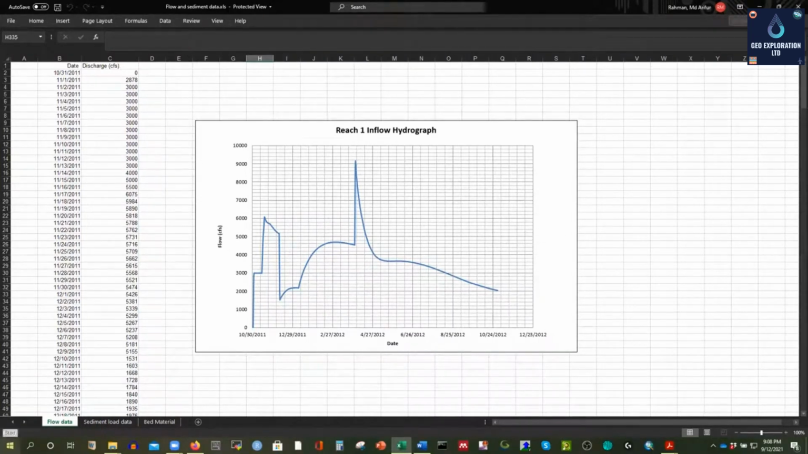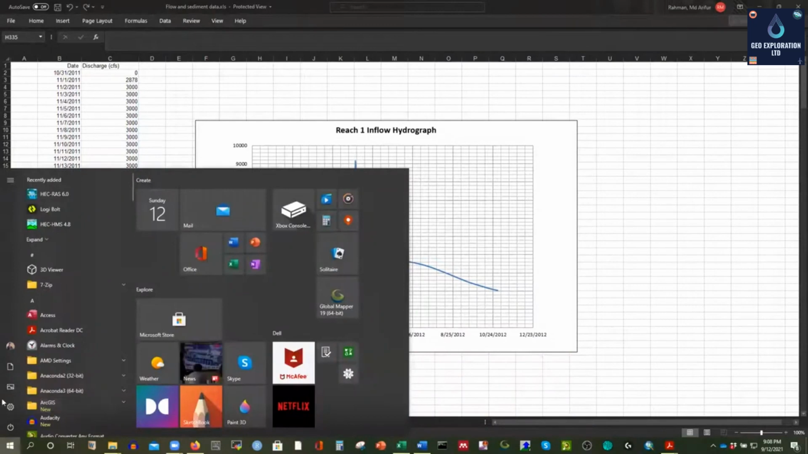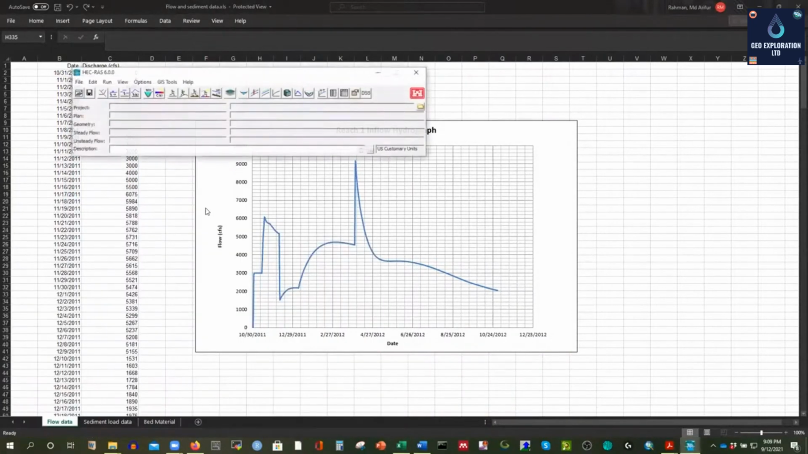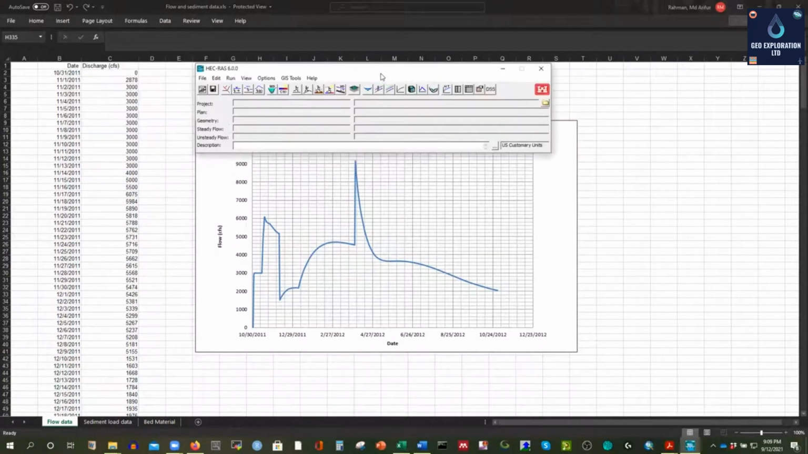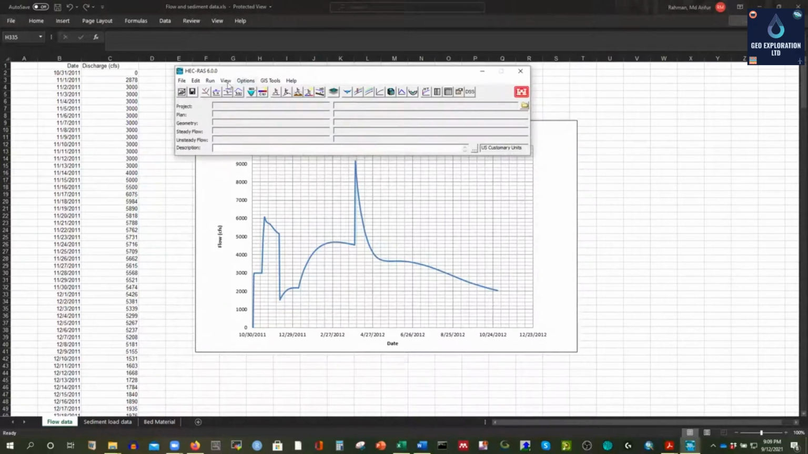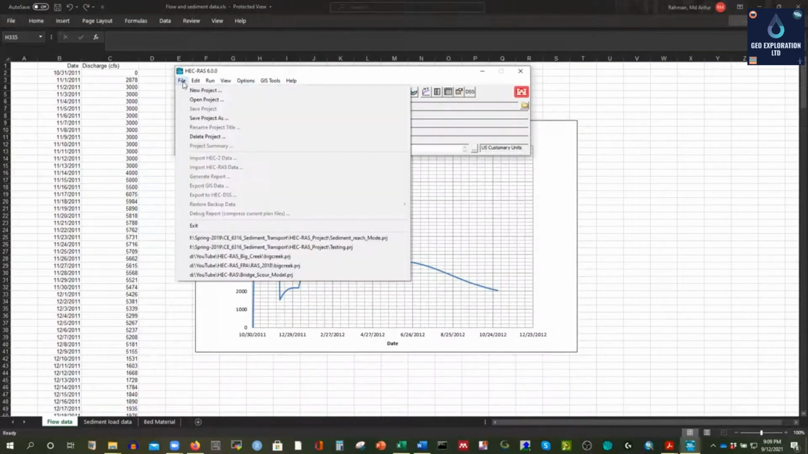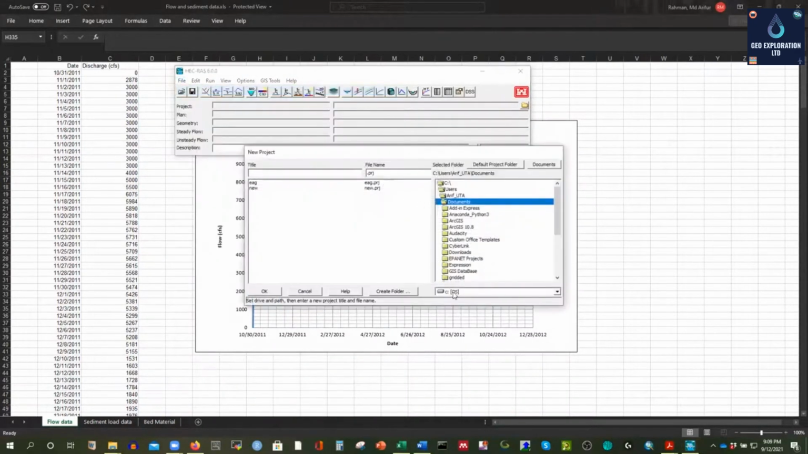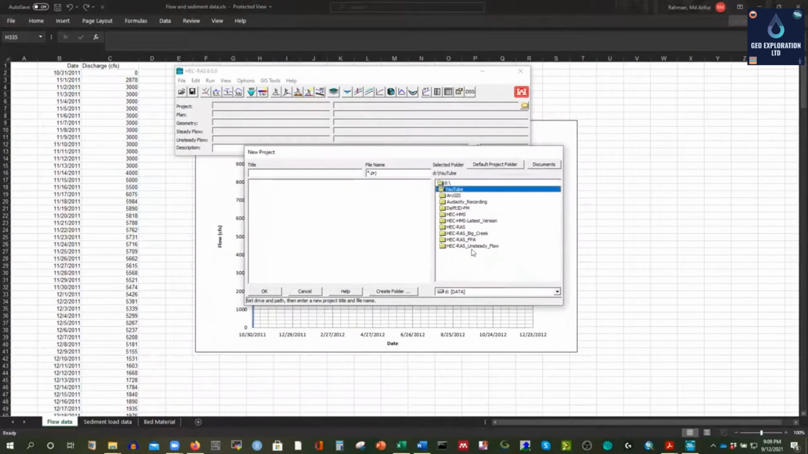Okay, so let me quickly open the HEC-RAS 6 version. This is the latest one, and I already demonstrated how to download and install HEC-RAS, so maybe you already have that. What I'm going to do is create a new project at the very beginning, and I have to find where to save it. I'm going to save everything where I have that geometry file, within this HEC-RAS unsteady flow folder, and I'm going to give the name as unsteady